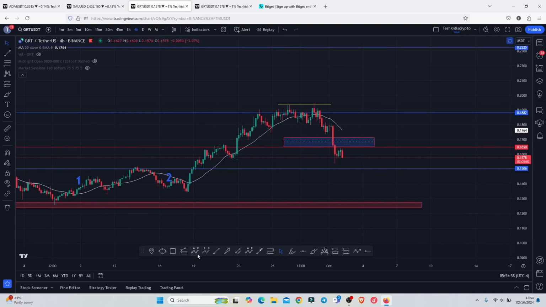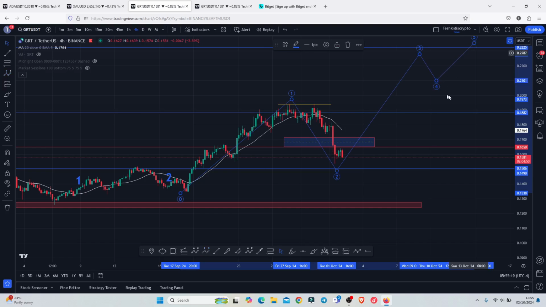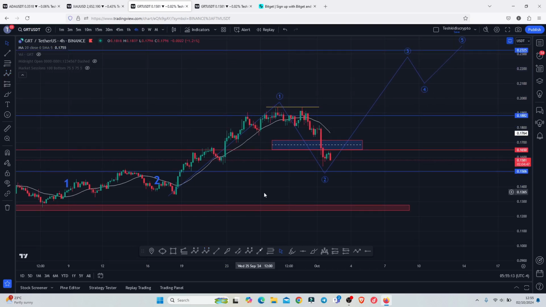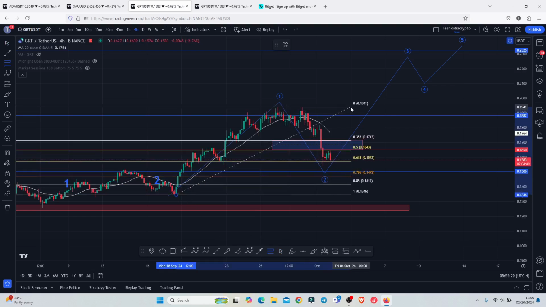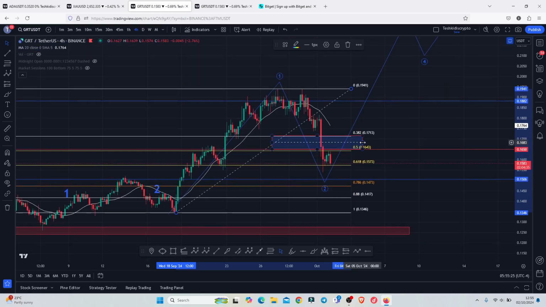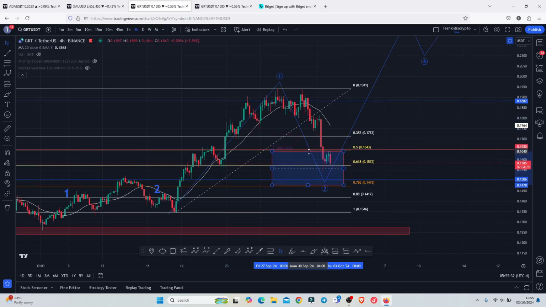Then we started another 1-2 setup where we can have these as a wave 1, and whatever is playing out at the moment is a breakdown move in a wave 2. Then we can expect a wave 3, a wave 4, and then finally peak in that Elliot wave count 5. And if that is the case, then using the Fibonacci's, pulling the fibs from these lows down there to the high above the $0.19, we can get a minimum target area that we need to continue holding, and that is between the fib level 0.5 and the fib level 0.78,